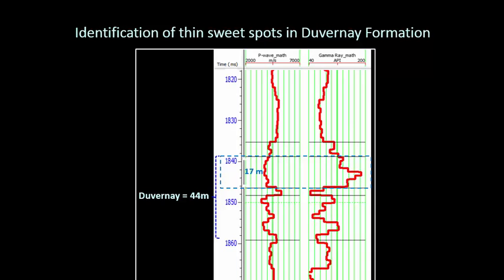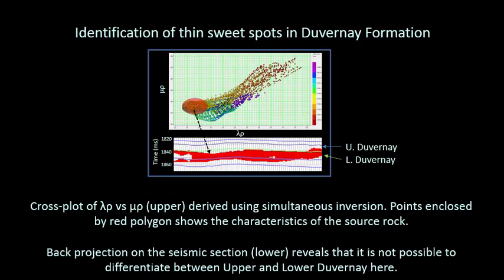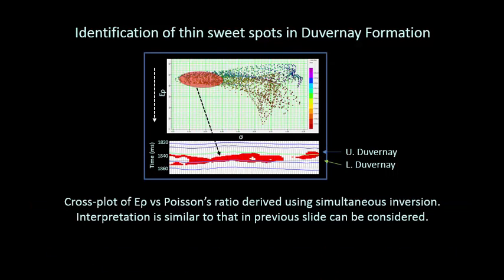This is the Duvernay section. And this is the zone of interest, 17 meters thick. Upper Duvernay zone here, cross plot of Mu-rho and lambda-rho. I picked up all these points here. It doesn't highlight that at all, because the resolution of your data is not good enough to resolve the 17 meters. I go with E-rho and the sigma, which I have boasted about. Well, E-rho works very well. Even that doesn't work here. Look, upper Duvernay, it is not highlighted at all.